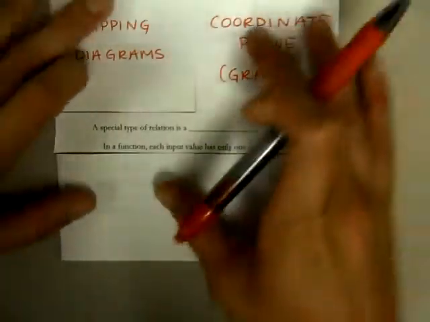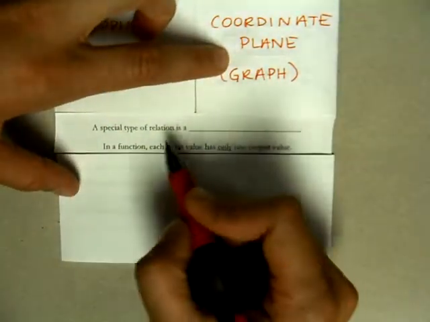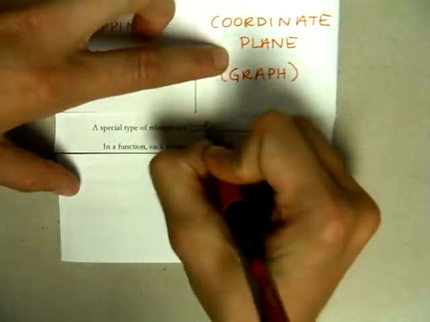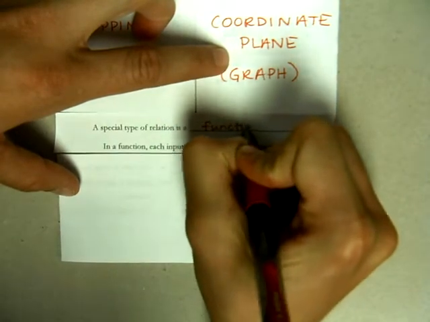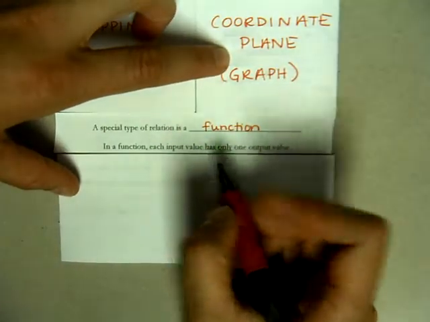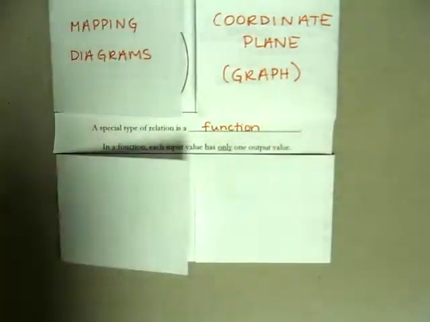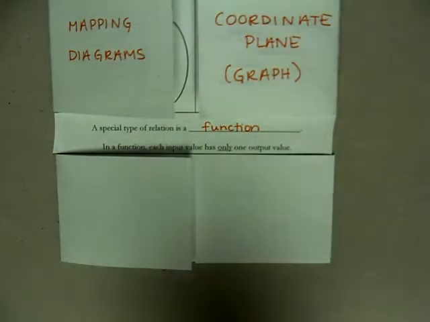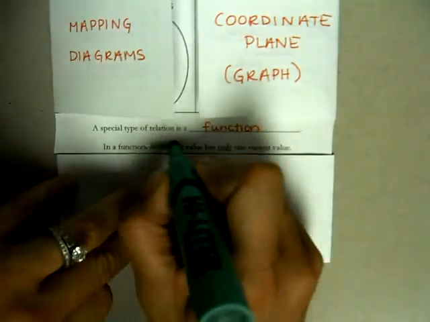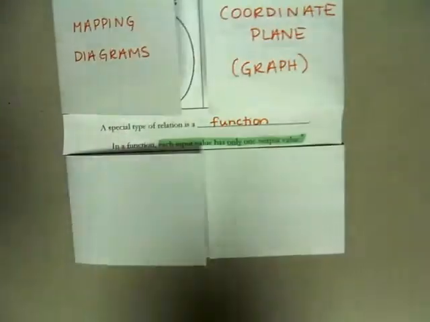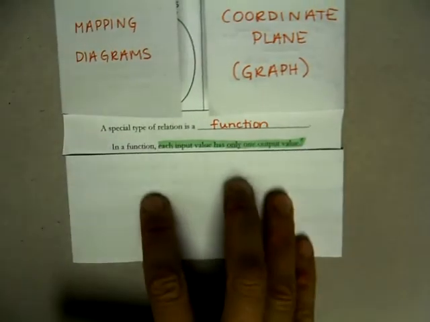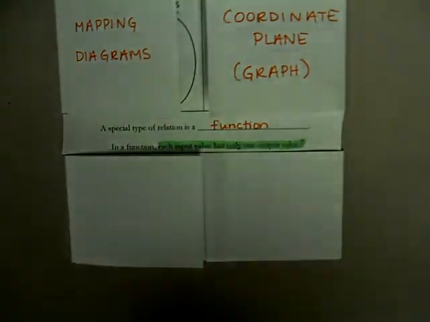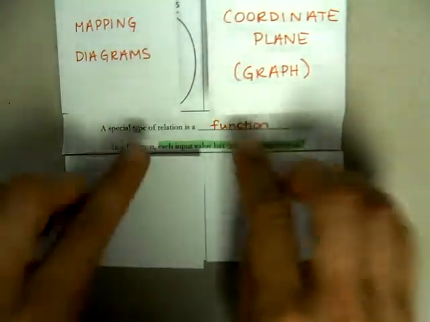Now I want to talk more specifically about another vocab term. It says a special type of relation is a function. And in a function, each input has only one output value. I want to highlight this because this is really important. Each input has only one output value. We're going to talk more about what that means, but I want to use this definition now to look back